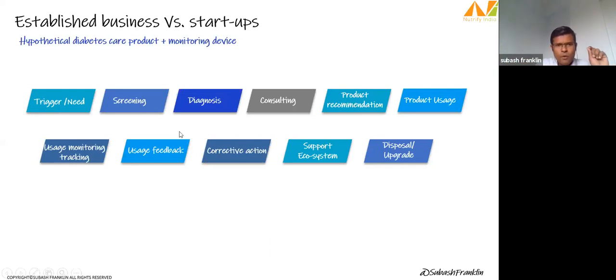But if you look at it from a diabetes care product, there are multiple stages which a customer has to go through. He has to be made aware of a trigger or a need. The screening has to happen, the diagnosis has to happen, the consulting has to happen. The product recommendation has to happen, product usage has to happen, usage and monitoring tracking, usage feedback, corrective action, support ecosystem, disposal and upgrade. So there are multiple steps. So as I told earlier in my slide,